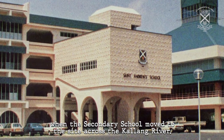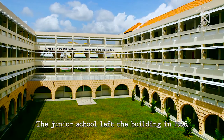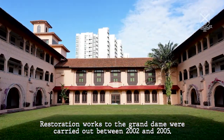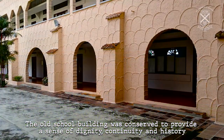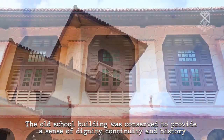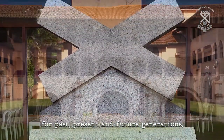site across the Kallang River. The junior school left the building in 1996. Restoration works to the Grand Dane were carried out between 2002 and 2005. The old school building was conserved to provide a sense of dignity, continuity, and history for past, present, and future